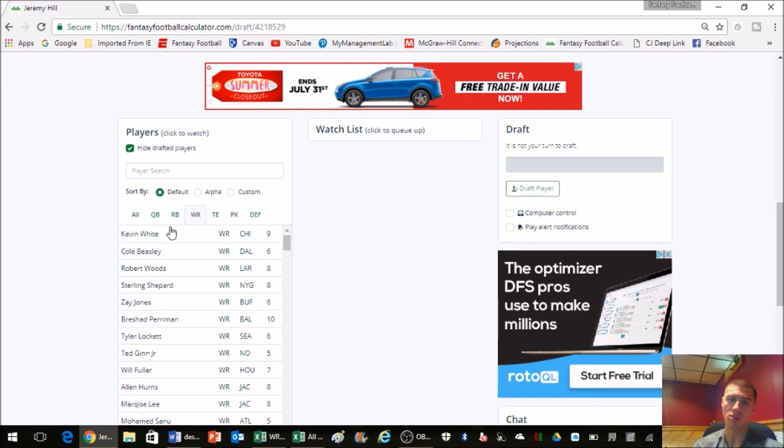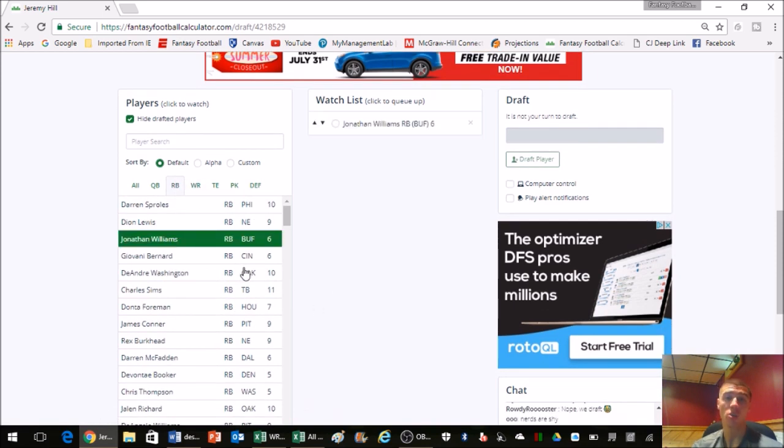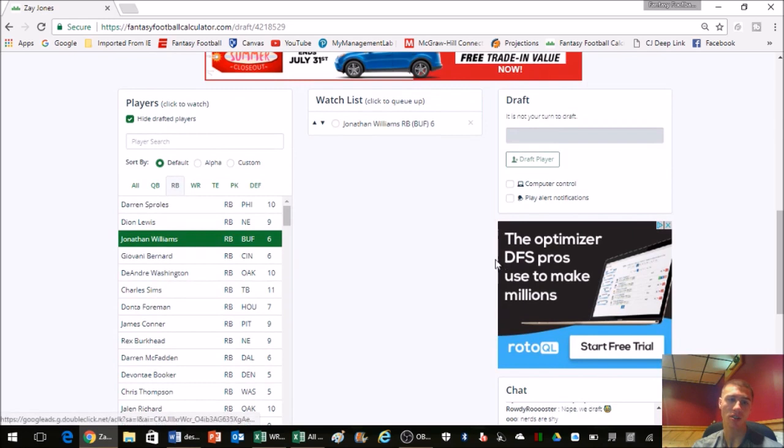Maybe someone goes down and you got someone. So we would look to take Jonathan Williams. Maybe McCoy goes down in preseason. Jonathan Williams is now a 5th round pick. But if he doesn't, then maybe I just drop Jonathan Williams when I have to pick up a defense kicker. These are the guys I want to draft in the super late rounds because it's not going to be difficult to drop them. Like DeAndre Washington, Donta Foreman,